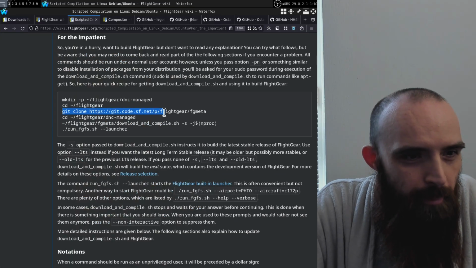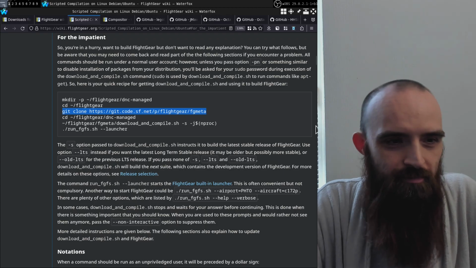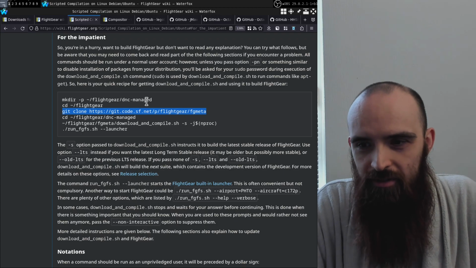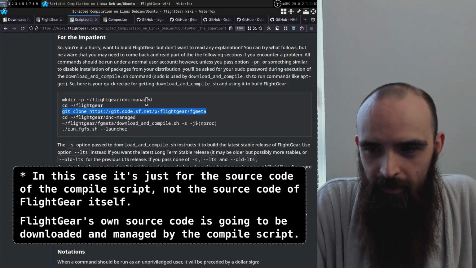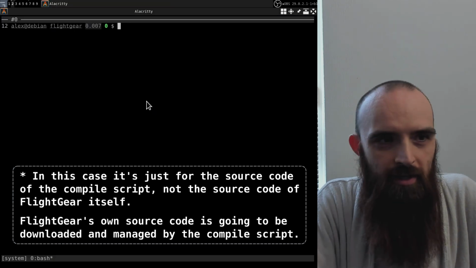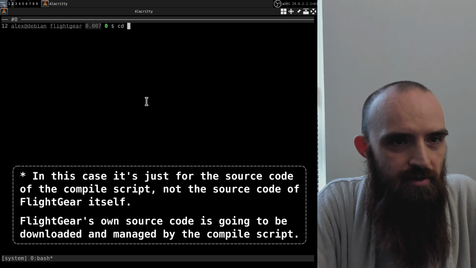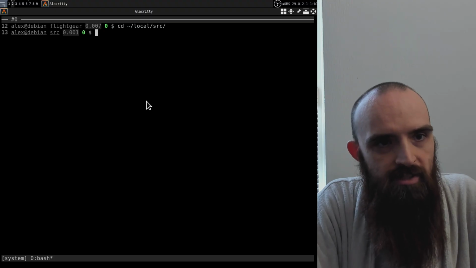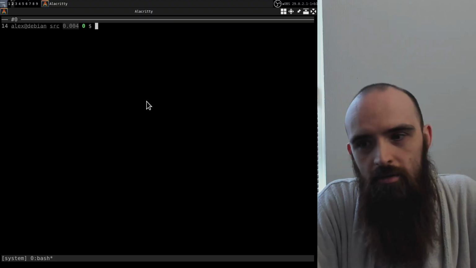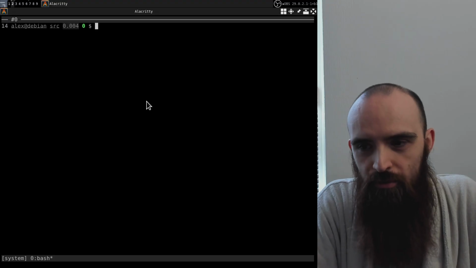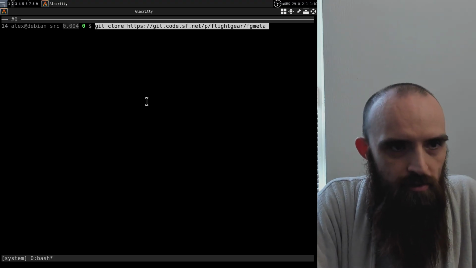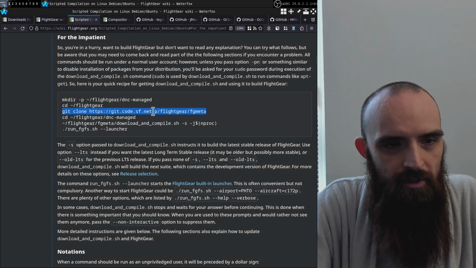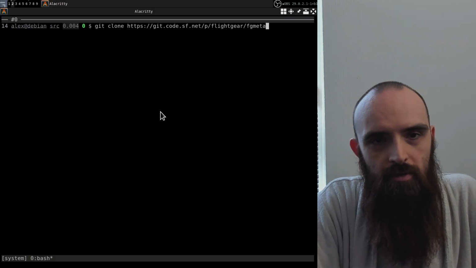So basically, the first thing that you want to do is find some place where you will be storing source code. On my computer, in my home directory I have a directory called local and then src. That's where I put all the different kinds of source code that I download, and then you just run git clone, and I just copied it from here,